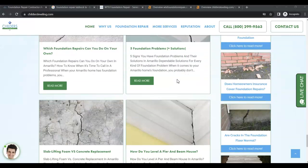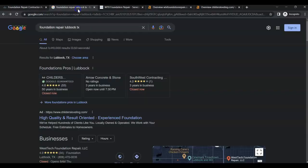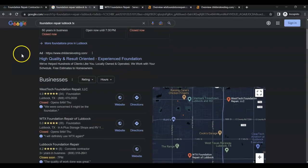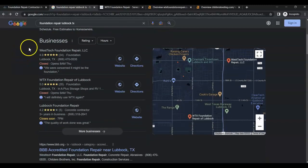And so let's take a look at some keywords. One example of a keyword is Foundation Repair Lubbock Tx. And when your customers search for this, the first thing that's popping up here are some ads. And I see that you guys have some ads going on here. If we scroll down, this is the Google Map Pack section, and 30 to 40% of business goes into this section here. And you want to be ranking in the top 3 because the top 3 get a lot of